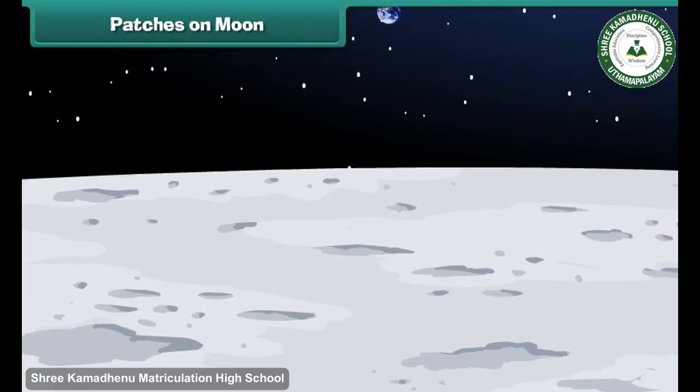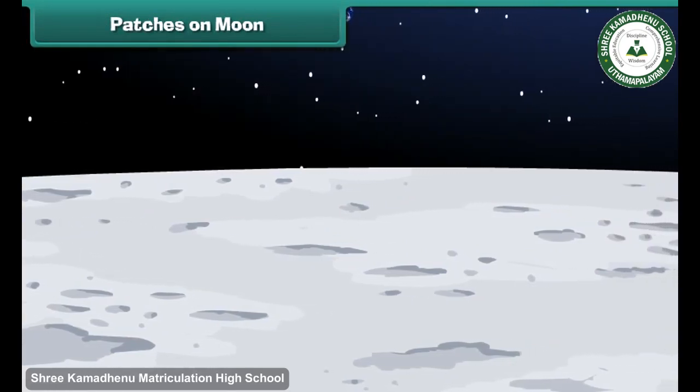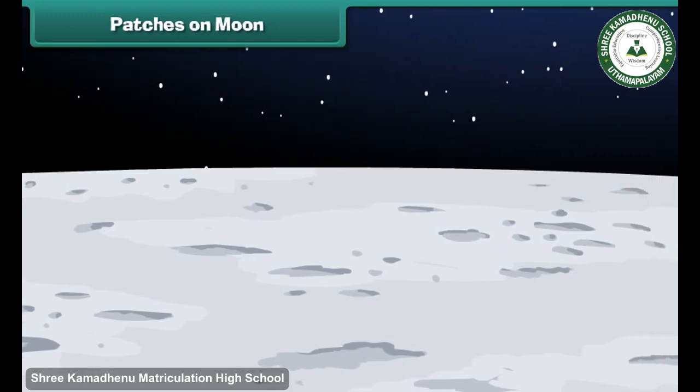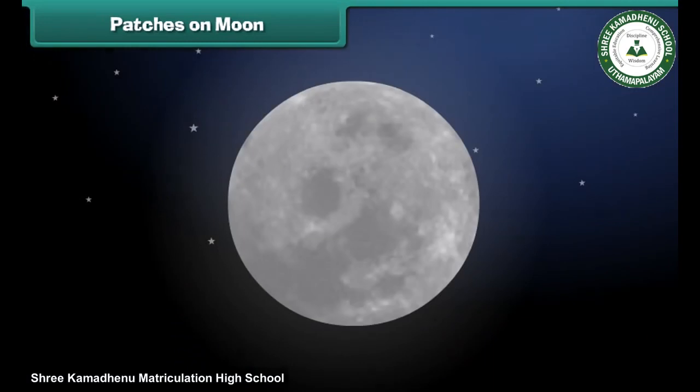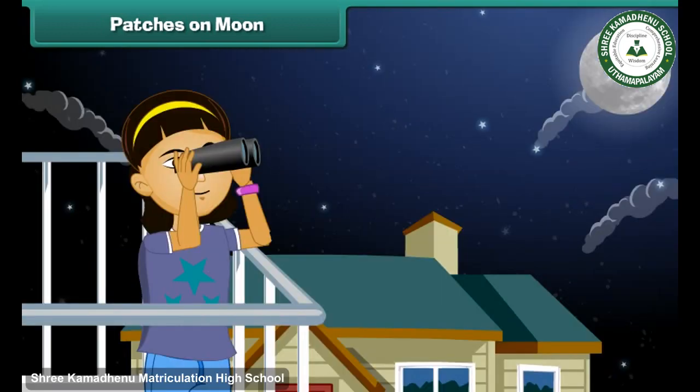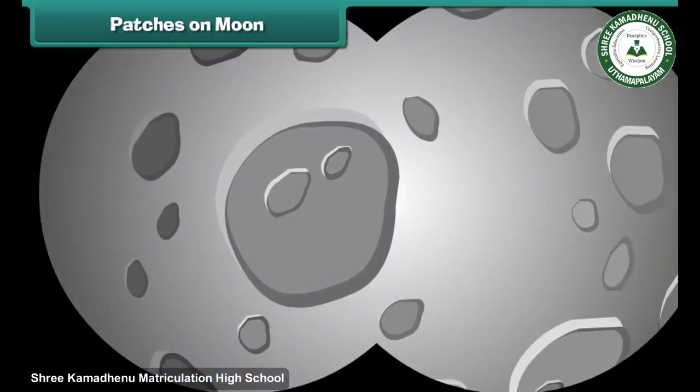Even though there is no water on the moon, it has many interesting features such as craters, mountains, and lava plains. The dark patches on the moon's surface are plains, which are called seas or maria. They are called maria because very early astronomers thought that these areas on the moon were great seas. The lighter patches are mountains. And children, you can use a pair of binoculars on a clear night to see the craters formed by ancient